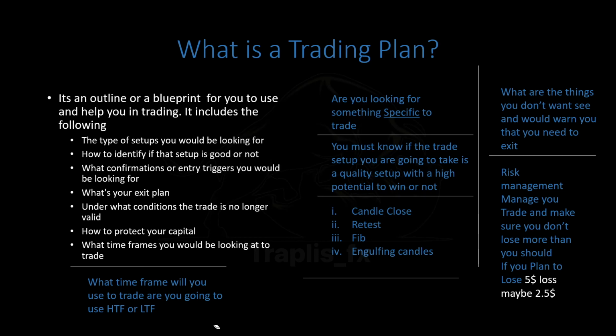And then there's one thing that you should already have. For you to be a trader, you have to have it, which is emotional risk. When you can manage your emotions, trading becomes very easy. Why? Because if you can manage your emotions and you don't get affected by a loss or by a win, then trading should be easy. It should be just repetitive work. Nothing changes. It's the same thing over and over and over. Psychology is one of the biggest things that nobody talks about, and I have a specific webinar for it. You guys can watch it if you want, but that's up to you. And with that being said, that's what a trading plan is, and that's what you should have in it.